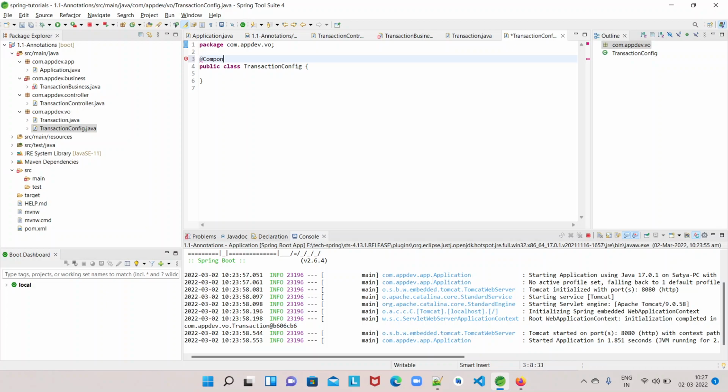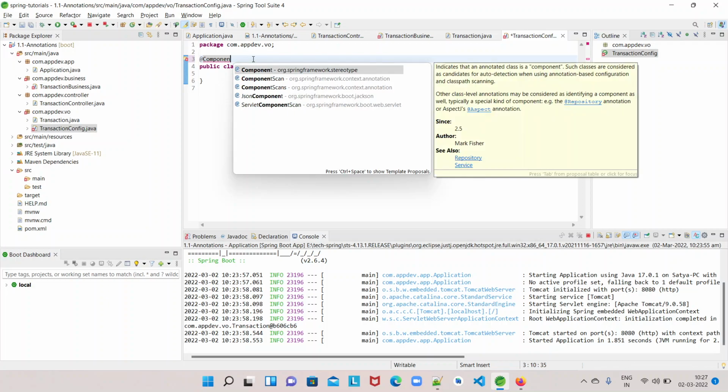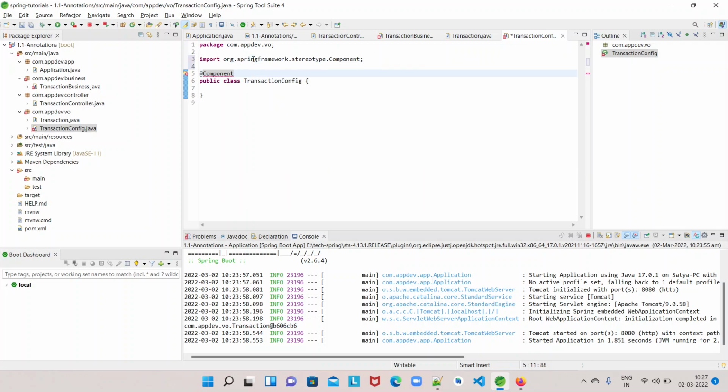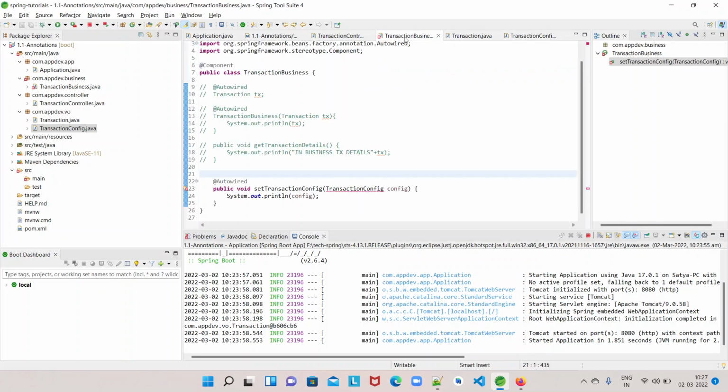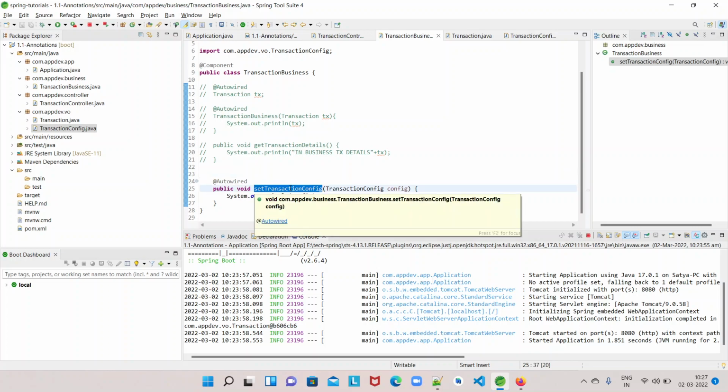So component we have to use. So this transaction business is dependent on transaction config, so we are importing it.